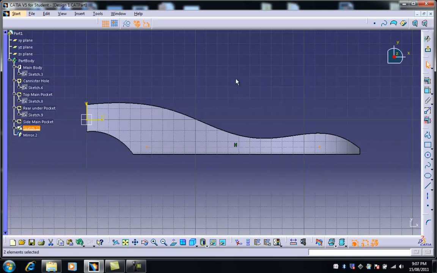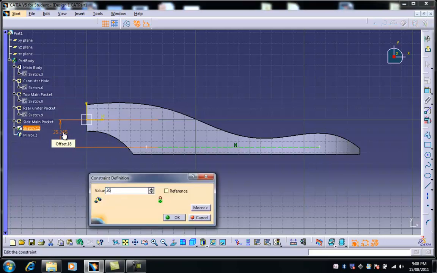So now what I want to do is actually constrain those to a particular distance so that in the future I'll be able to control where they are. We've done this or something very similar before. So I'm going to select that line there, holding down control, choose the ZX plane. These are in parallel, and now I'm going to put a number on that. So let's say at the moment we'll make that 26 millimeters,